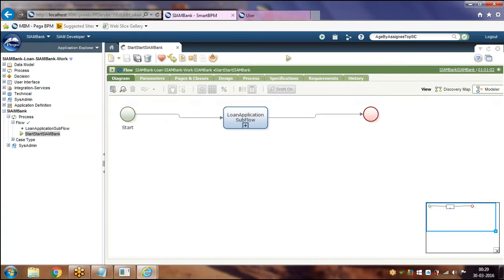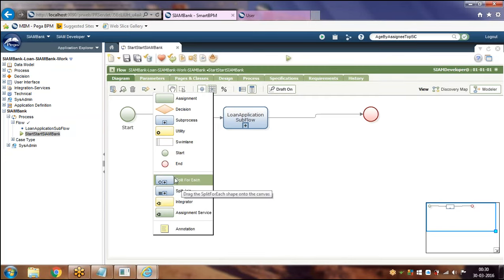We have some other shapes like split join, spin off, and split for each. Let me cover those as well. Only these two shapes we didn't cover. Integrator we covered.